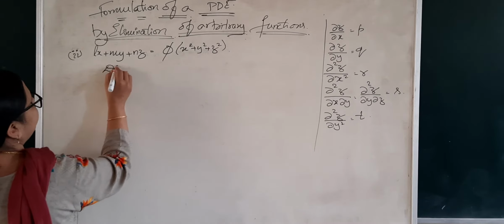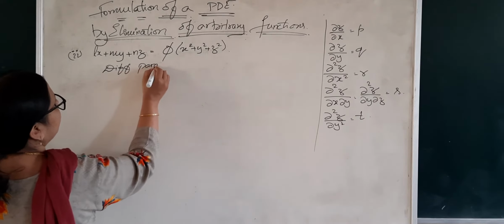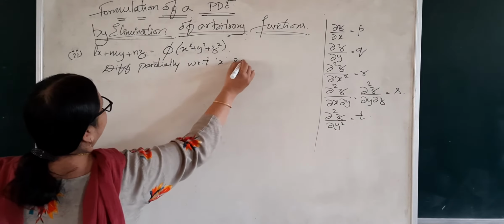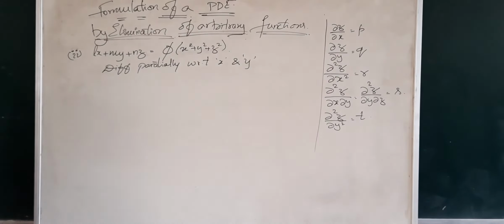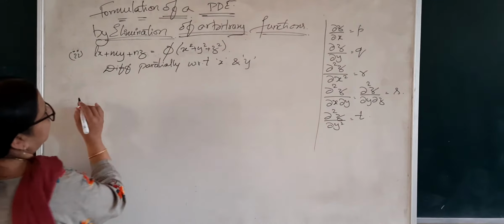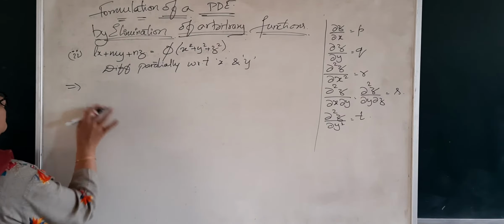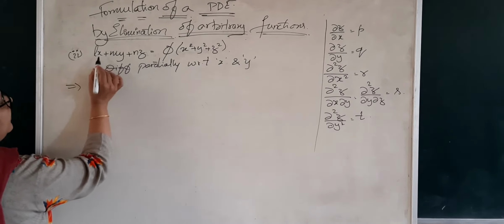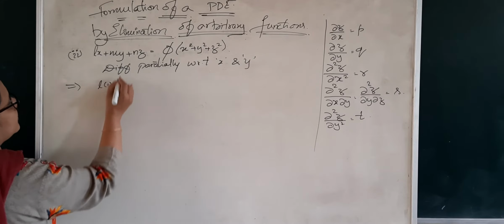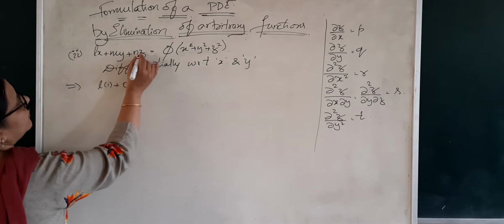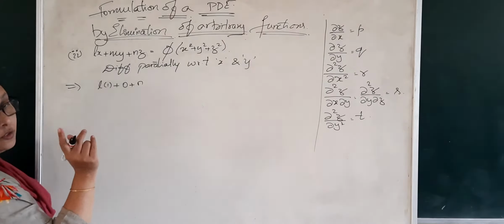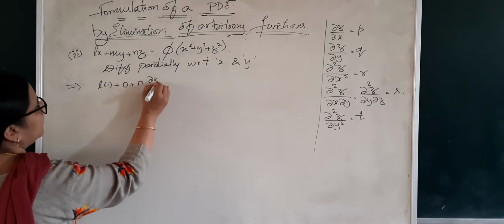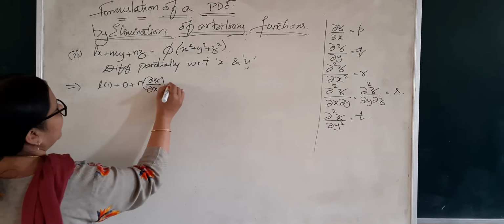Okay, so differentiate partially with respect to x and y. That is the first thing that you should do. So, when you differentiate partially with respect to x and y, what do you get? With respect to x, treating y as constant, derivative of Lx with respect to x will be L into 1, plus with respect to y 0, with respect to z, with respect to x, but differentiating z. Z is a function of x and y, therefore it will become dou z by dou x